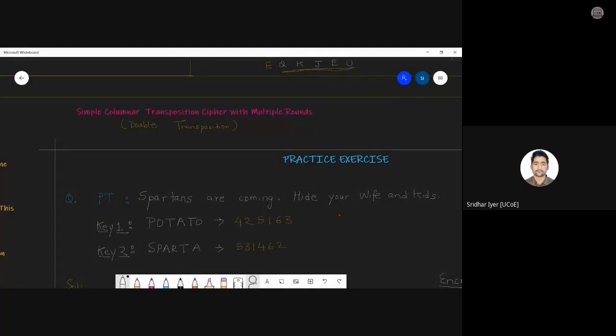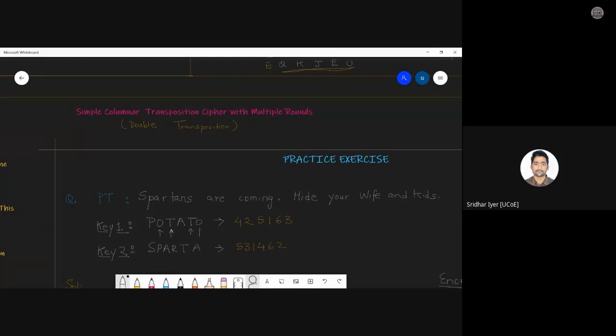So let's have a look. What needs to be done is whichever letter you encounter first. Obviously A is not repeating, but T is repeating. So from the left hand side, you are encountering this T first, so that will be given order 5. And the next T will be given order 6. Am I clear? Same thing happens with this O. This O is the second character from the left, so that will be given higher precedence as compared to this O. So it becomes 1, 2, 3, sorry, 1, 2, 3, 4, 5, 6.